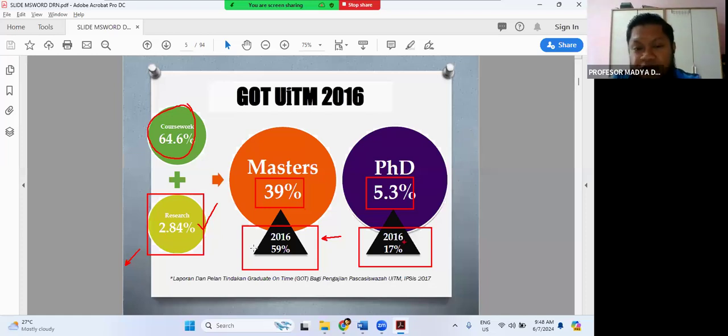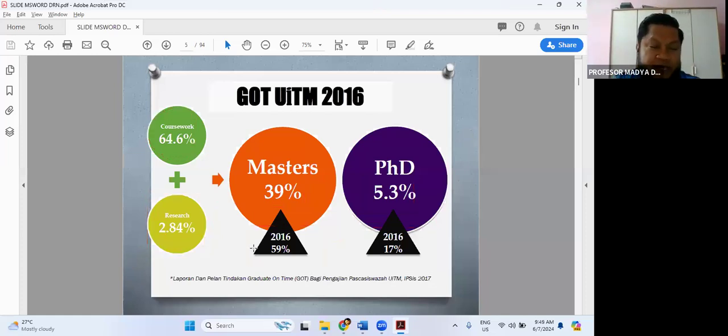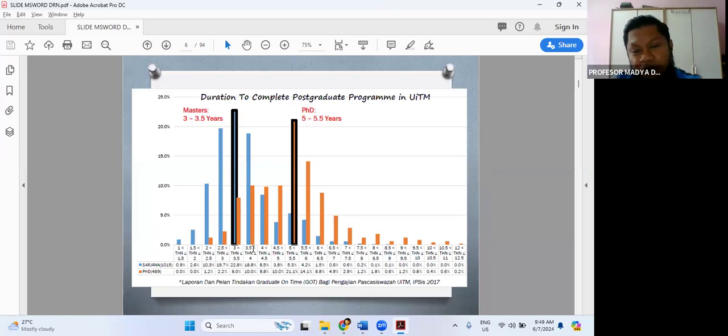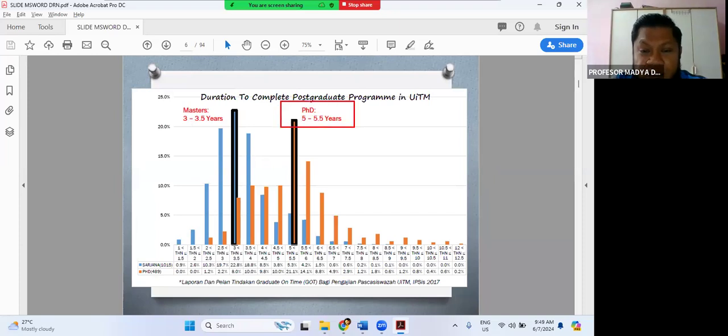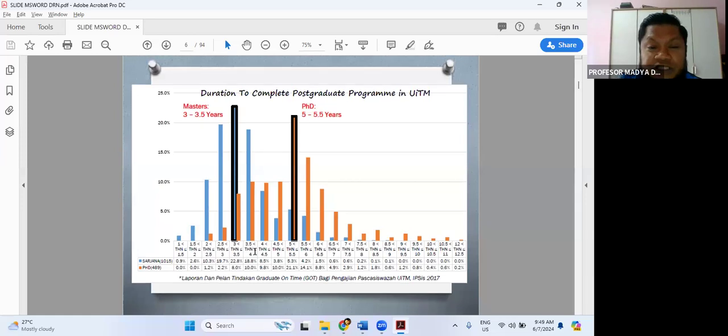So when we have that, therefore, we need to look back at the processes and procedures, anything that can help the students. So we go further and we look into the data that we have. For PhD, most completed the program in 5 to 5.5 years. For masters, 3.5 years. So that actually goes beyond the GOT. So when we look into the processes and procedures,